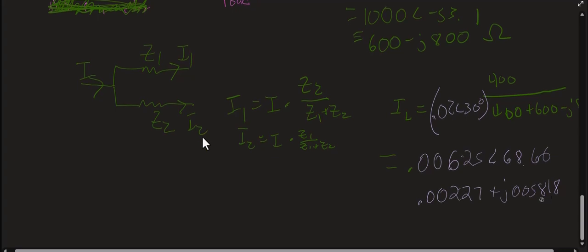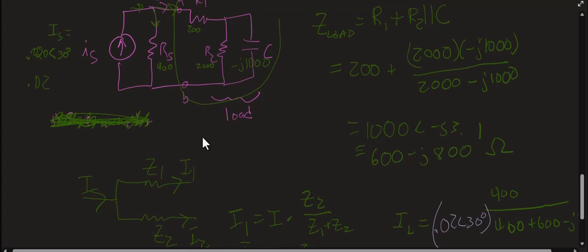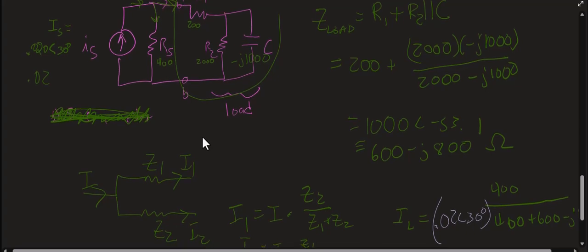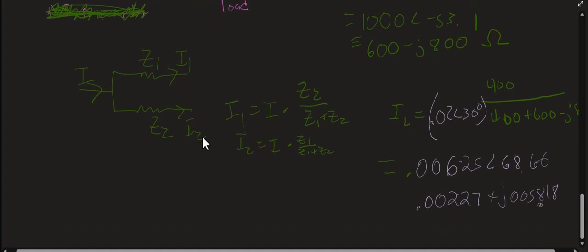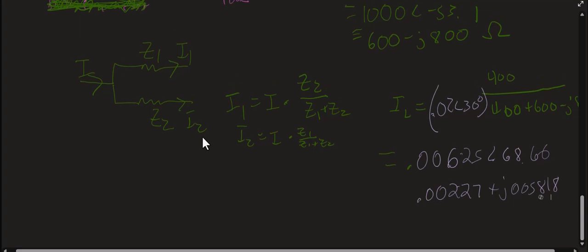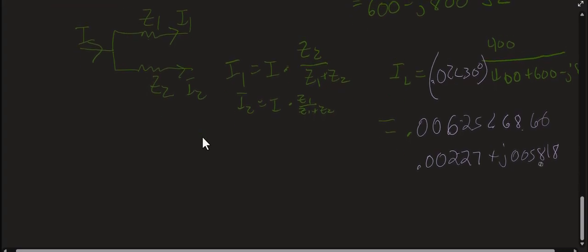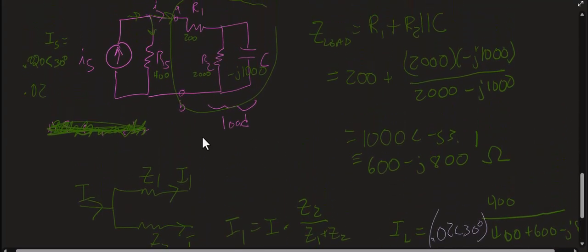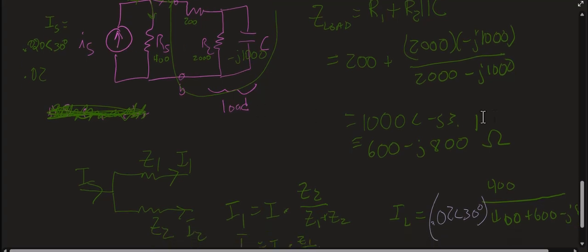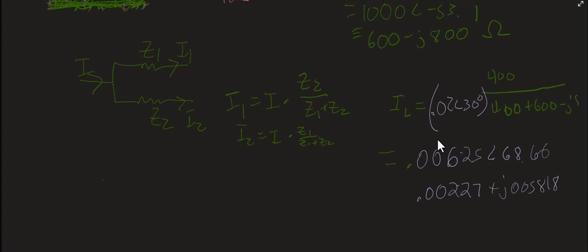Okay, so now I got the current through the load. In order to get the power, it's easiest for me to have the current and the voltage through the load. I think the easiest way to get the voltage is just to use Ohm's law, because I have the impedance. I could do voltage division, but I'd have to do a source transformation first. But I have the impedance right here and I have the current, so it's easy enough to just say V for the load